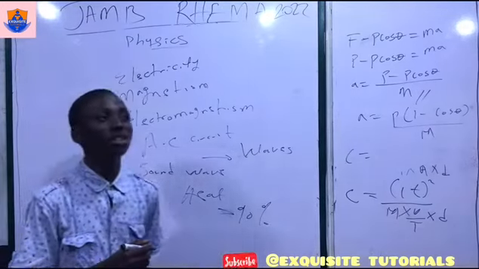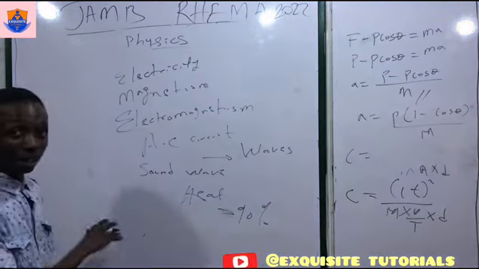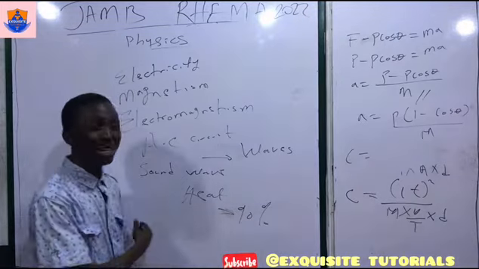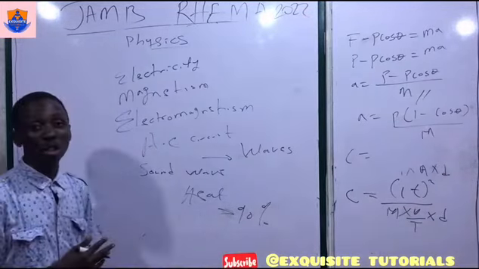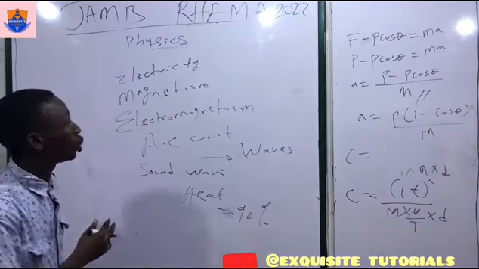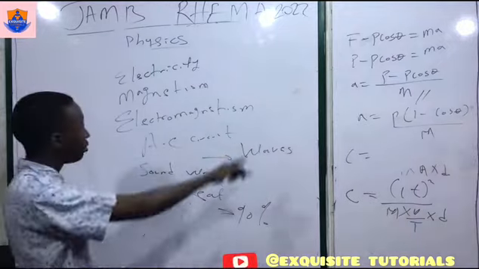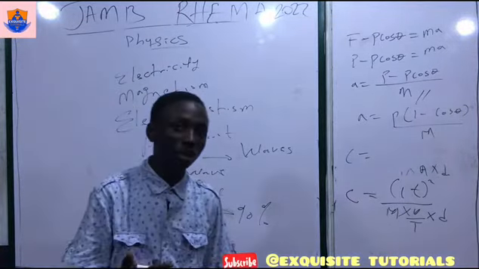JAMB physics is very simple if you actually read, because currently JAMB sets thousands of questions across many of these topics. Because it's CBT, the CBT will shuffle your set of questions and give to you. So you need to prepare all round and read everything again. JAMB is close, so start studying past questions and doing a lot of